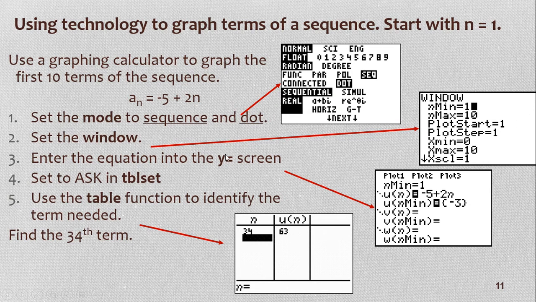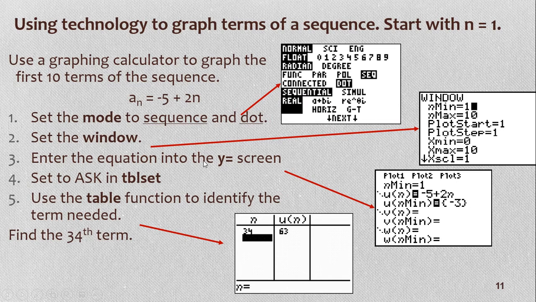Then we can go to the y equals screen and enter my equation, negative 5 plus 2n. And my value for my n min, so 1, so 2 plus negative 5 would be negative 3. I think on the newer calculators, you don't have those brackets there. Now, if I wanted to, I could graph that, hit the graph button, or I could use a table to